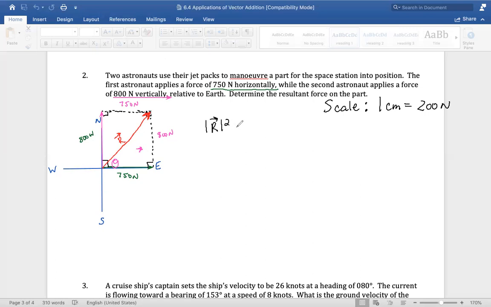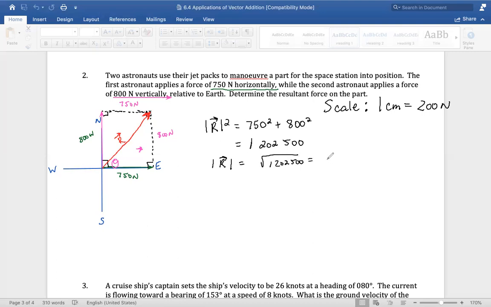So the resultant vector squared would be equal to, again, whichever one you want first, 750 squared plus 800 squared. Those are going to get big. I'm just going to square them and add them both together. You guys can go ahead and add that extra line in. Once you square them and add them both together, it's going to be 1,202,500. And so then to get the resultant vector, we need to get the square root of that,